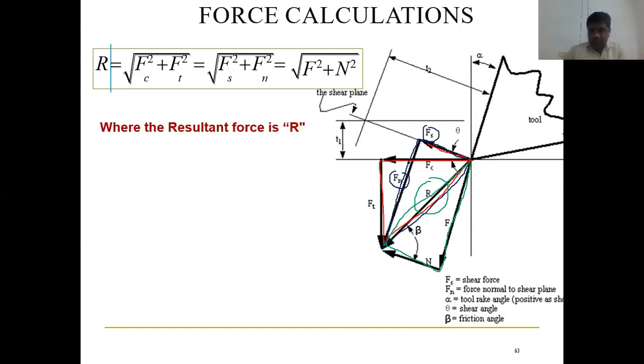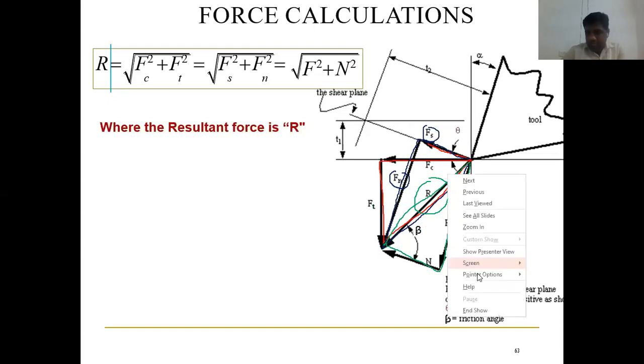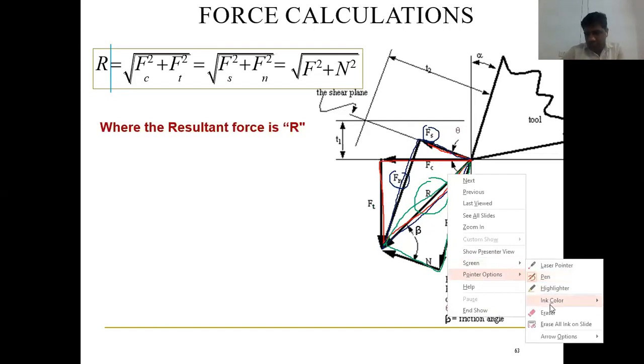Last class we have seen the shear force, normal shear force, frictional force and normal reaction. Calculating or finding all these is a little bit difficult. But there is an easy thing. What is the easy one among all these? I think the cutting force. The cutting force as well as the thrust force is very easy to calculate, right?